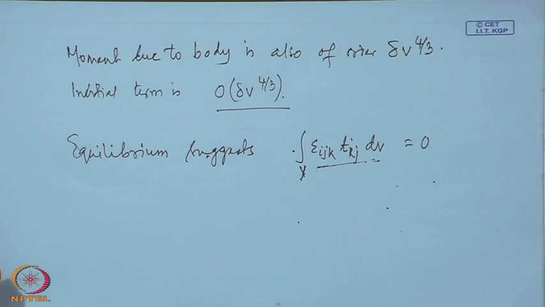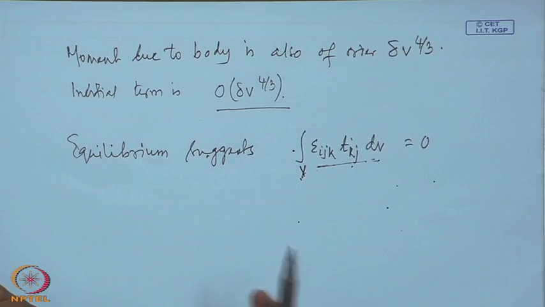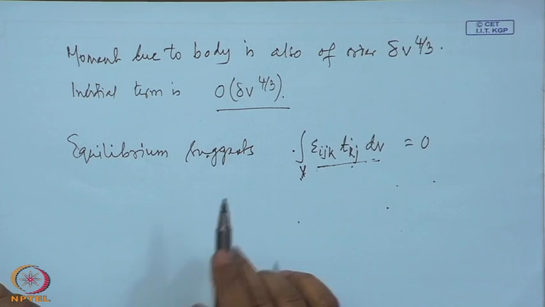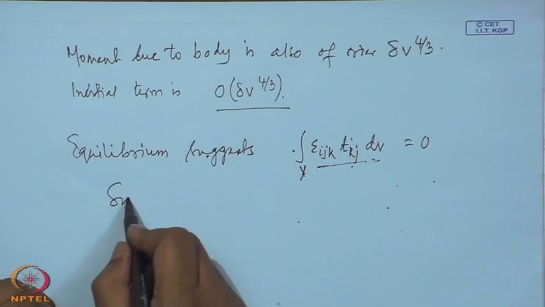It may become 0 for some particular choice of v, even if the integrand is non-zero itself, because of some particular choice of the elemental volume. But in general, for all possible choices of the elemental volume, if this is 0, that is possible only if the integrand itself is 0. Okay. Since the choice of v is arbitrary,